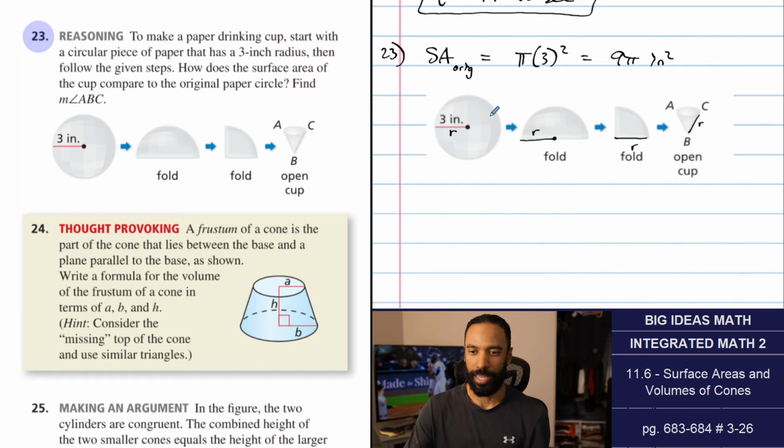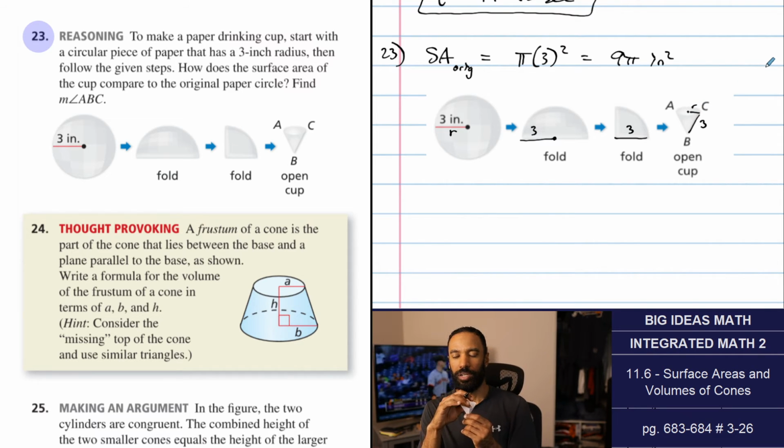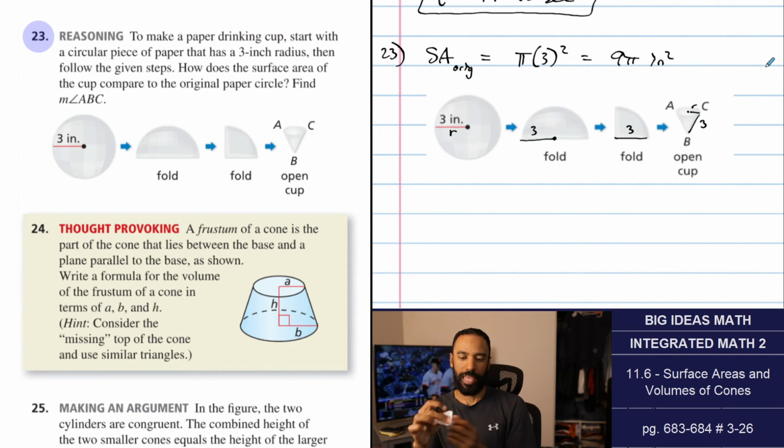It's a slant height, but it's the radius. So maybe I'll call that, well, I won't call it anything. I'll just call it 3. So that's 3 inches. Now I have a new radius within here. New radius within there. And that radius